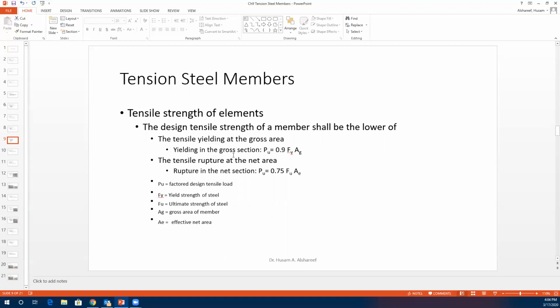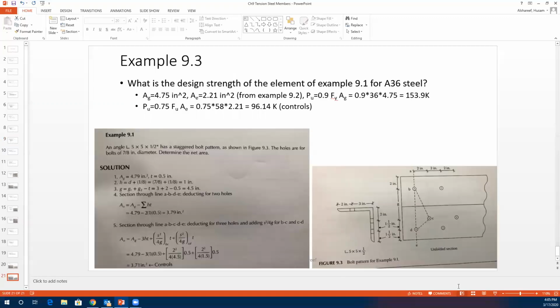So for the gross section area, the yielding is the PU, which is the ultimate tensile load, 0.9 times Fy times the gross area. And for the rupture at the net area, the PU is 0.75 times FU, which is the ultimate strength, times the effective area. So if we go back to our problem here,